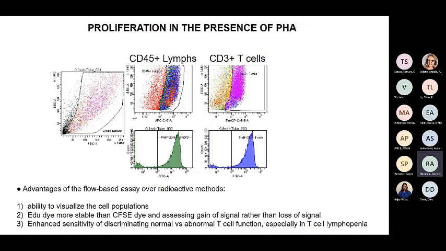PHA, as you know, is a lectin, and it binds glycoproteins on the T cell receptor. So it doesn't bind the T cell receptor like a normal antigen would. It really cross-links T cell receptors by binding to sugar residues in proteins on the T cell receptor, and it activates T cells that way. That is not physiologically how T cells are activated in our body, but we have used this historically